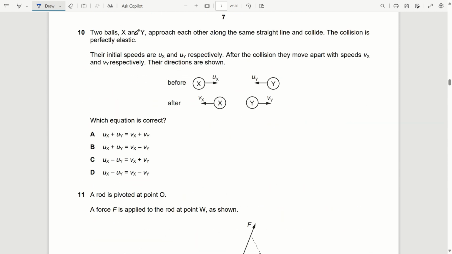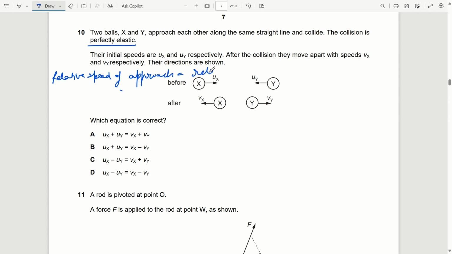Question 10. Two balls X and Y approach each other along the same straight line and collide. The collision is perfectly elastic. So it is given, perfectly elastic collision. Their initial speeds are ux, uy. After the collision, they move apart with speeds vx and vy. Their directions are shown. Now we know that in a perfectly elastic collision, relative speed of approach